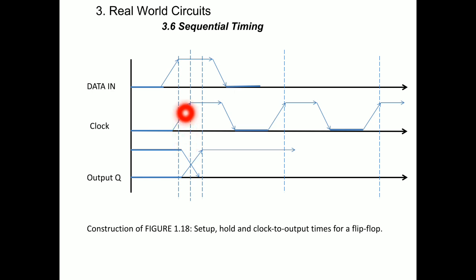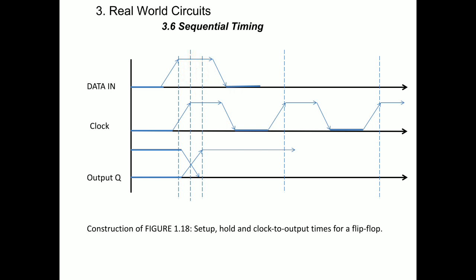in real circuits there will be delay. So keeping that delay in mind, the data input should be present before the clock edge also. This is the clock edge; the data input should be present for some amount of time before the clock edge. The time interval between this data becoming available and this clock edge is called setup time, and the time interval at the clock edge and after the clock edge is called hold time. The first line and the second line interval is called setup time, and the second line and the third line interval is called hold time.